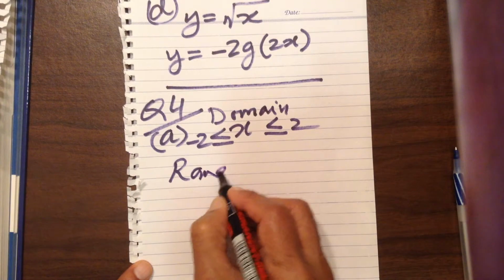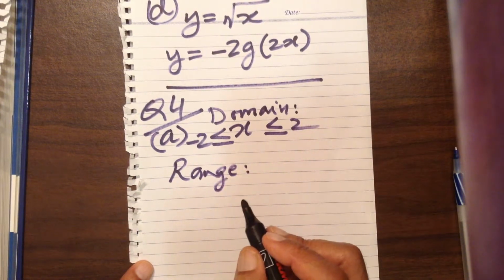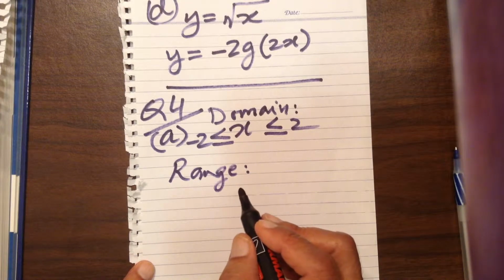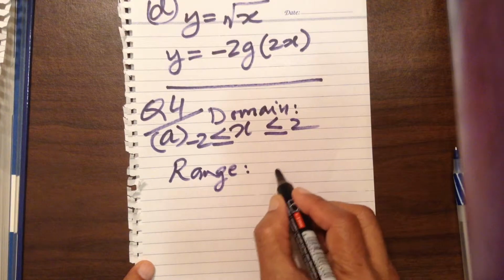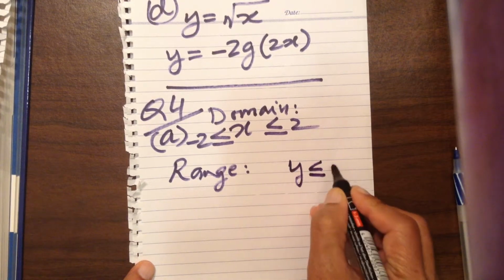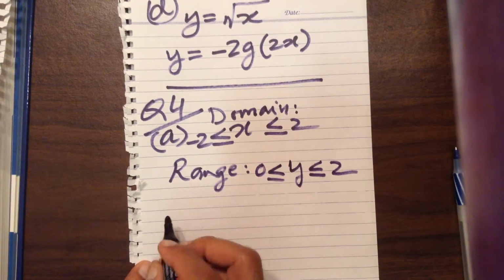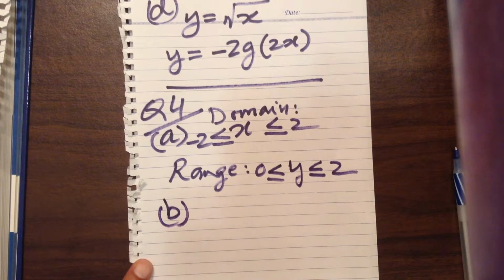The range would be, again, if you look at the picture, you see that there is no part of the curve below the x-axis and there is no part of the curve above 2 units. So y must be less than or equal to 2 and greater than or equal to 0. This is the range. Let us look at part B, which is